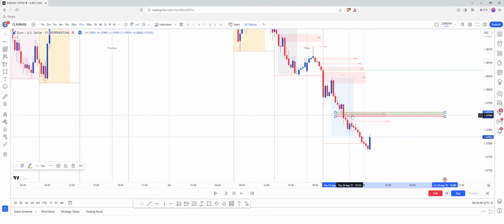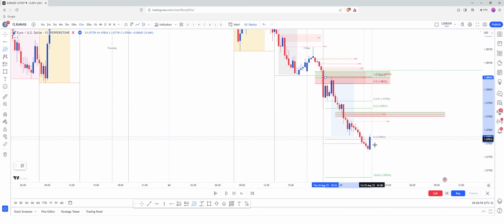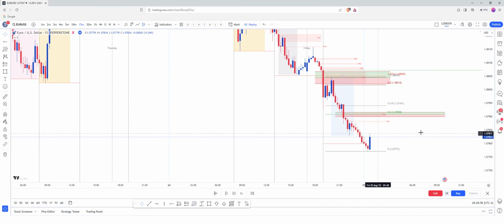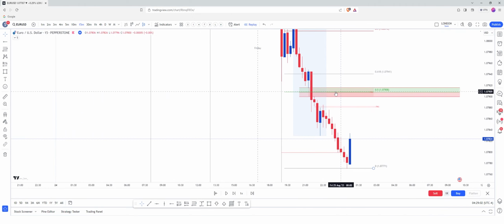So we've got a 15-minute fair value gap at this point. We have a higher 15-minute fair value gap that Asia put in up here, which was respected once. I'm going to take a look at the fib for the current daily range, which is from the Asia high here down to the low. And so funnily enough, our 50% of the range, so the daily equilibrium, is right in the center of this